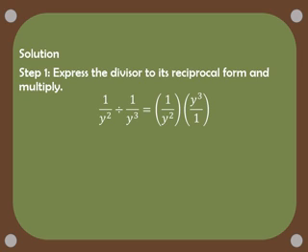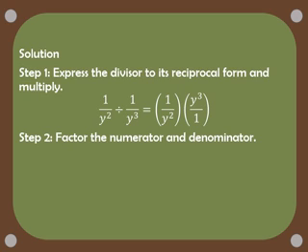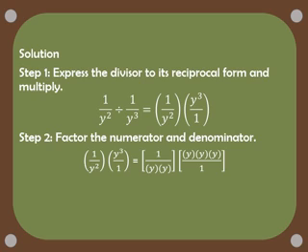So 1 over y squared divided by 1 over y cubed is just equal to the quantity of 1 over y squared multiplied by y cubed over 1. And we need to factor the numerator and denominator. So the factors in the numerators are 1 of the first expression over the factors of y and y, multiplied by factors of y,